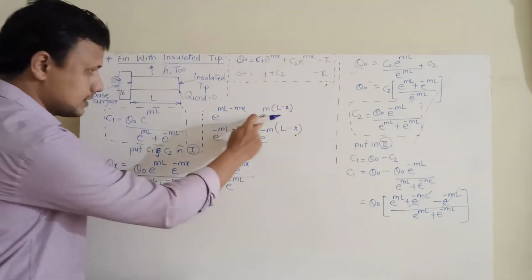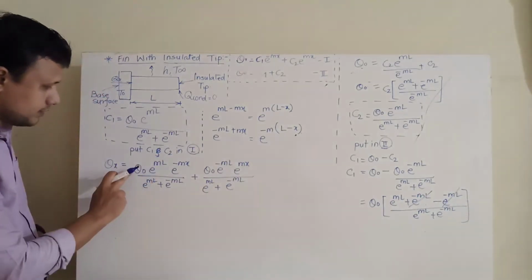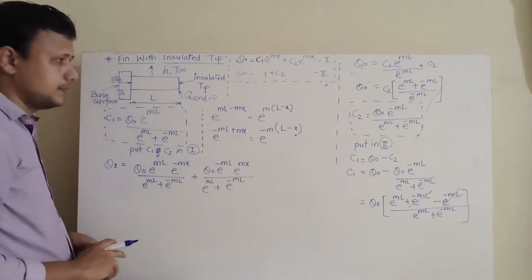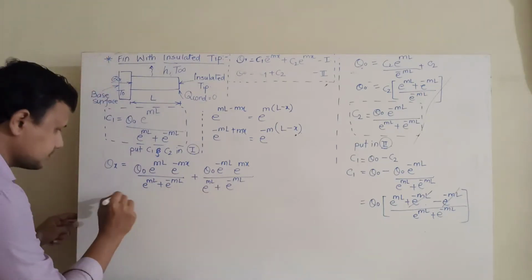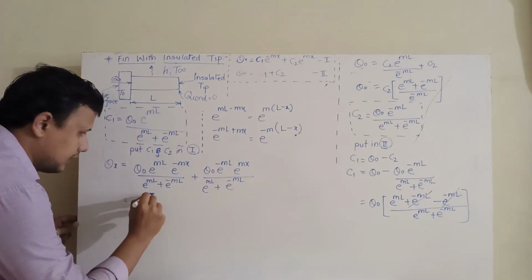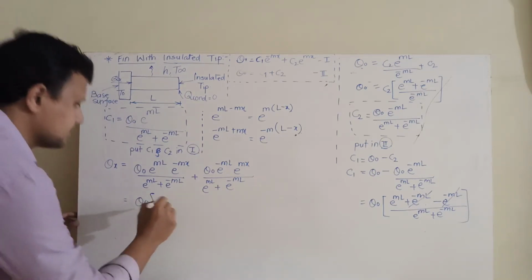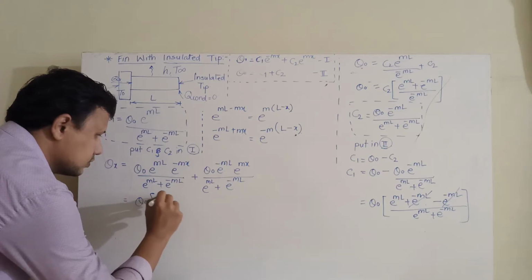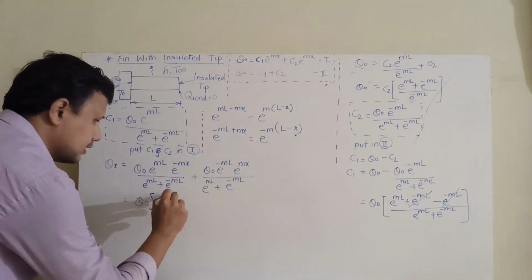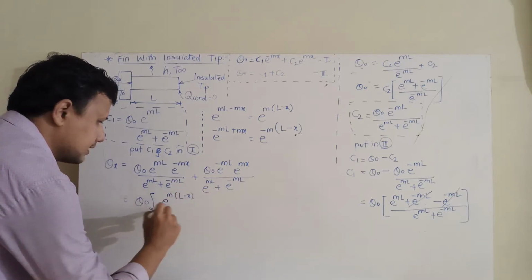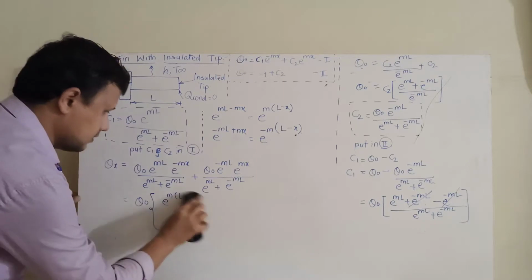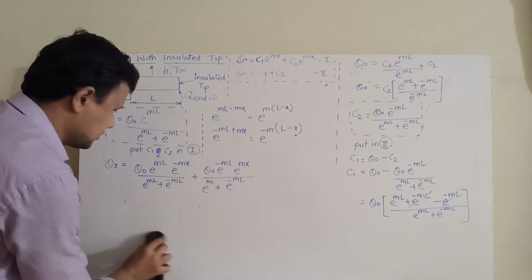So we will substitute these values in here. We will take out theta 0 as common from both the terms. The denominator is the same. So I will write that now. So it is equal to theta 0 and inside the bracket this is e raised to m. The first term I am going to write e raised to m into L minus x plus, I will just rectify in a sufficient space.